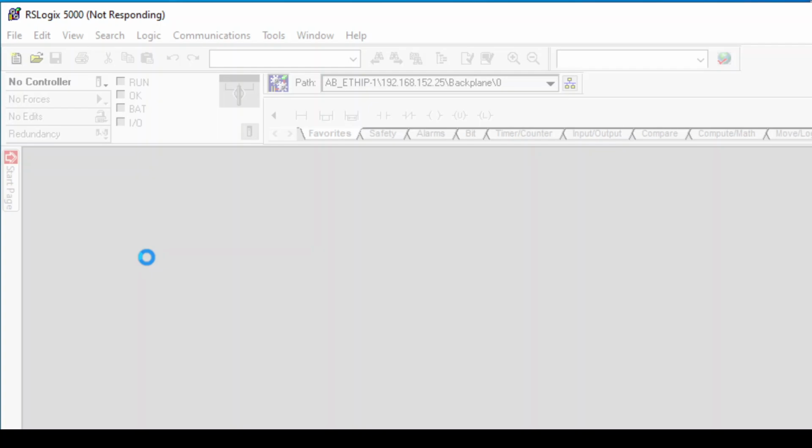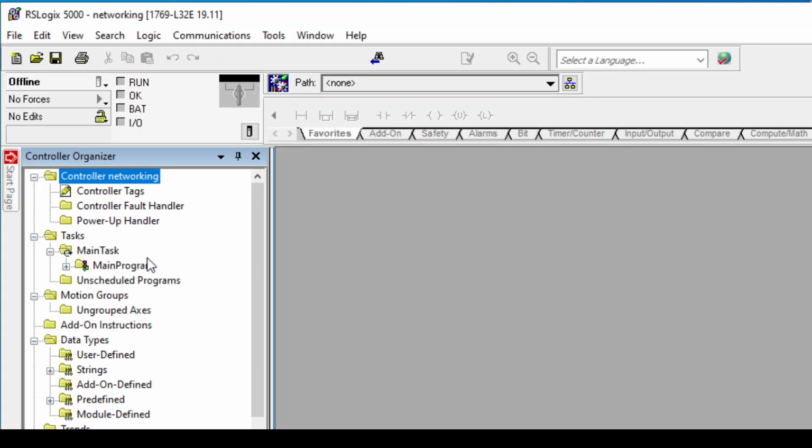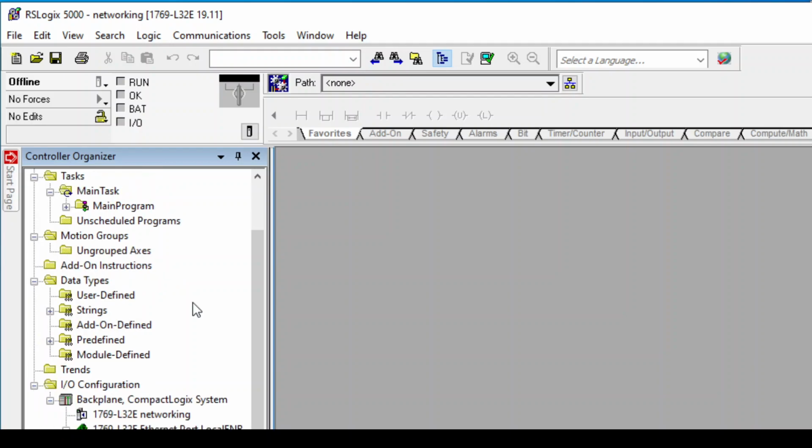The reason for this is the controller tag table is always accessible to everybody. The program tag table, on the other hand, isn't. So if we're trying to do something on the network, it needs to be always accessible, so it has to be up here in controller tags. The first thing we need to do when we are doing networking is connect to our other PLCs. Just like we'd come down here to the backplane bus and say new module,